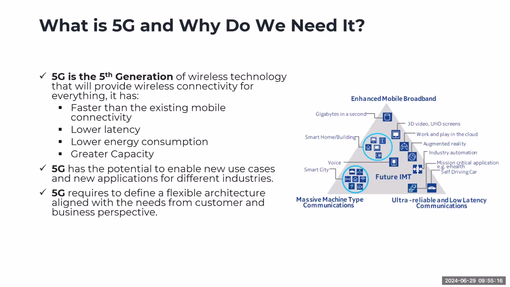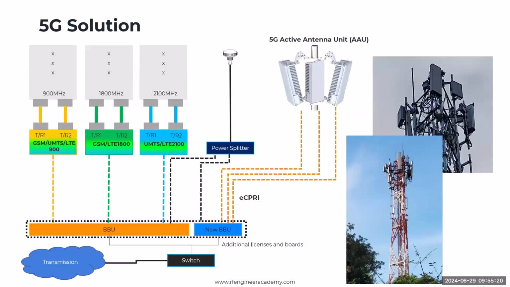And if you look at the 5G application and solutioning, if this is your current existing setup, usually you will see legacy antennas. So you have the 900 antennas, 1800 or 2100, and in some cases, you will see a multi-band antenna setup where all the legacy technologies are combined into a single antenna. We call it multi-band antennas, which range from 10-port to 12-port antennas.